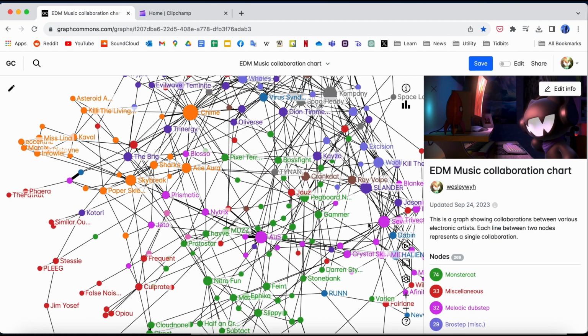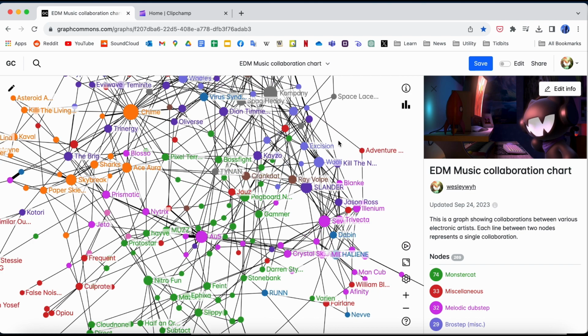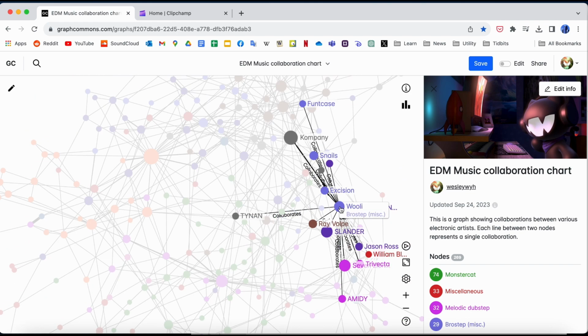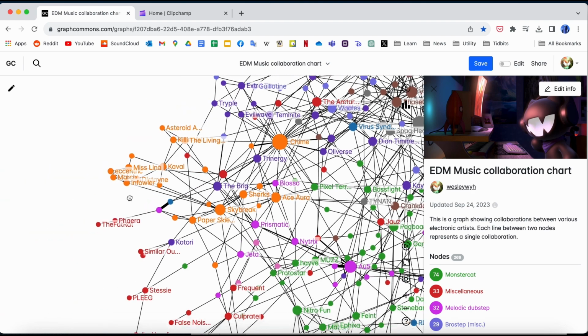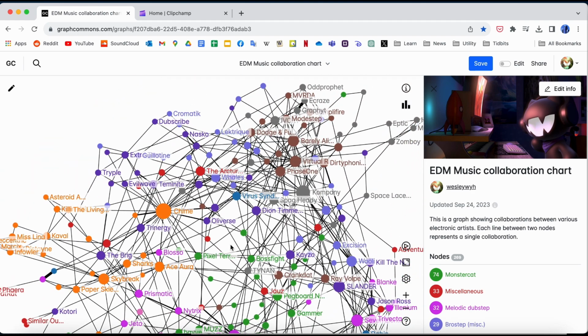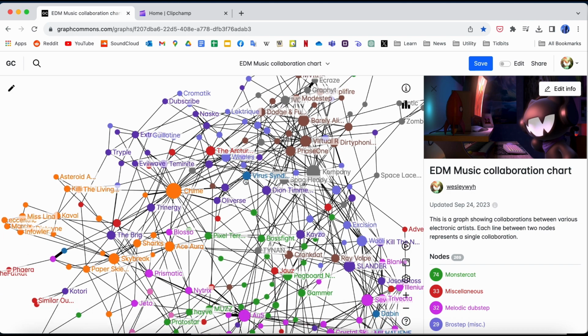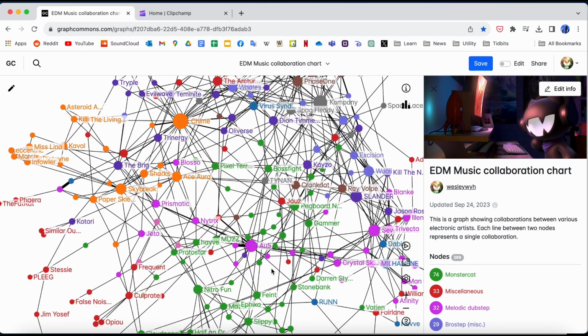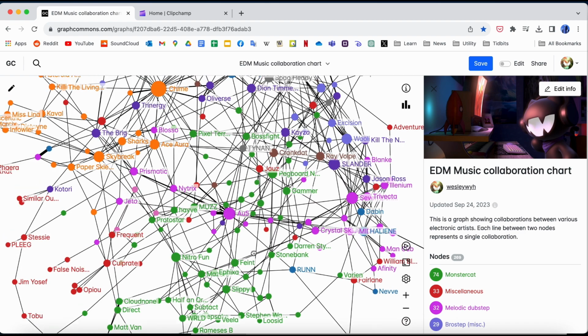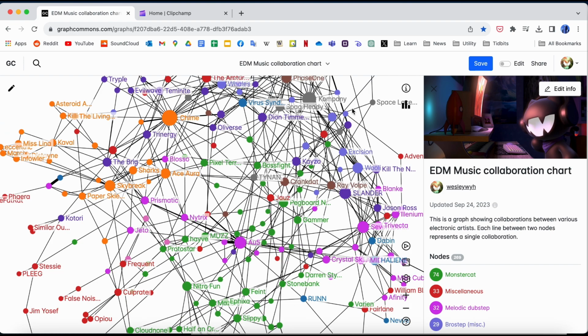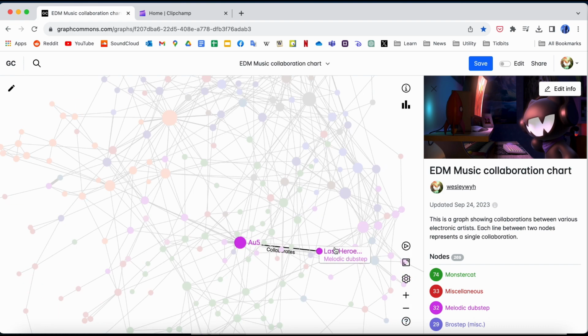You can do this with every other node, because each node is an artist, and every time you hover on one, you can isolate the artists it has collaborated with on the graph. So this is an easy way to see what artists an artist has collaborated with. And the cool thing is, this graph shows the relationships between all of these. It's very fun to see how many relationships there are, and to choose two different artists and see how many collaboration chains you would need to get from one to the other.